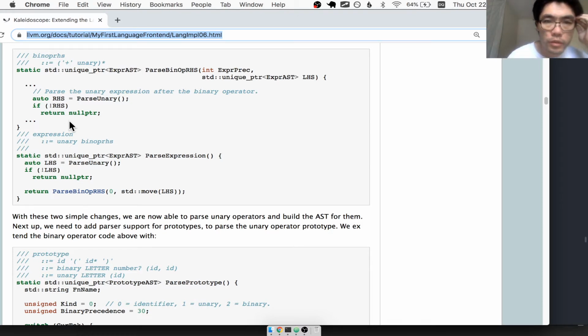Implementing the parser and the code generator. Last time we did the binary operators, and this time we're going to finish off with the unary operators. So